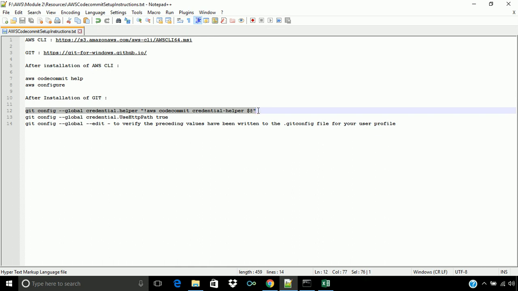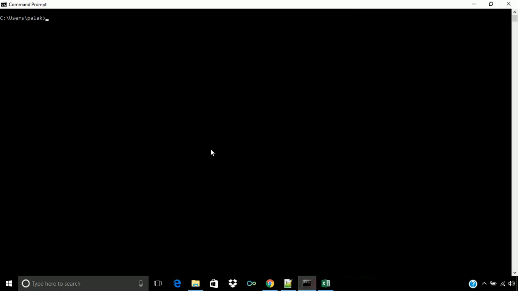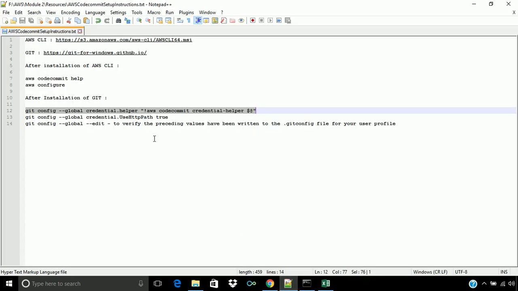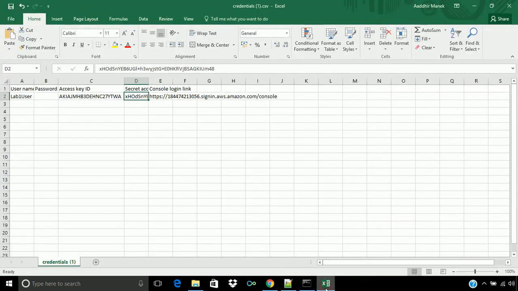So let's copy this command and paste it here, and ask Git to use the AWS CodeCommit profile to authenticate the user. After that, the second command also needs to be executed to make the HTTP path true.